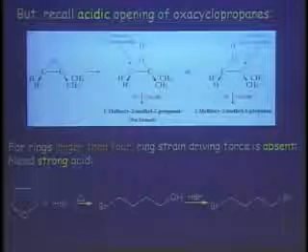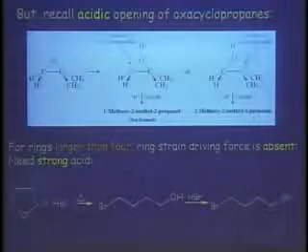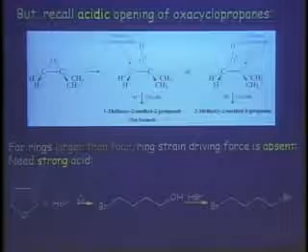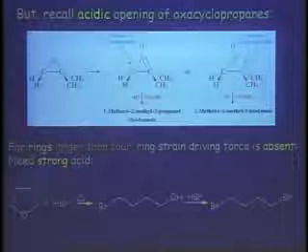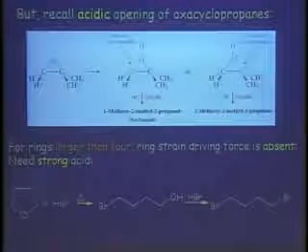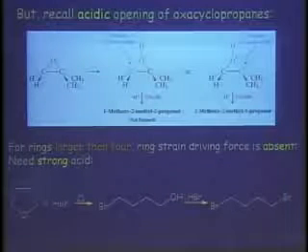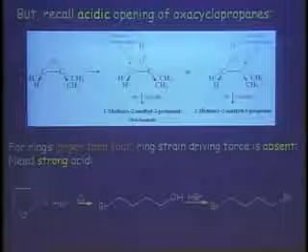Okay, so for rings that are larger than 4, relatively unstrained rings, these are really stable. So this is THF. THF is rock stable. That's why it's used as a solvent. And so you have to beat on this. Synthetically, this is not used much. It's more interesting from a mechanistic point of view, if anything.